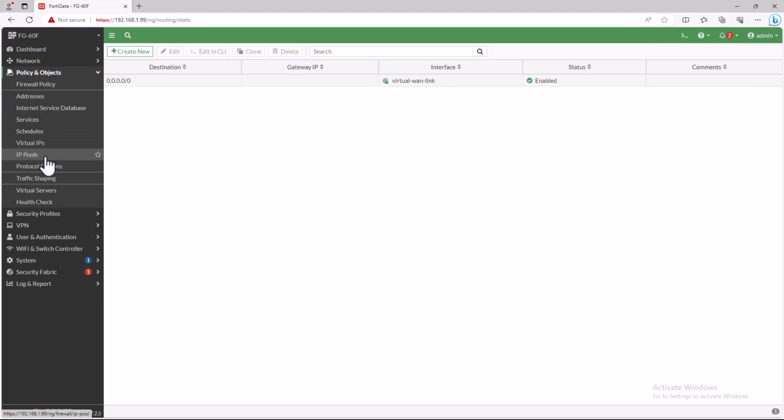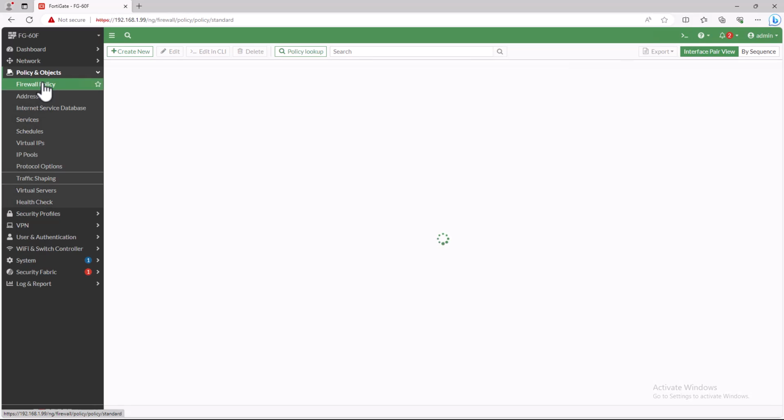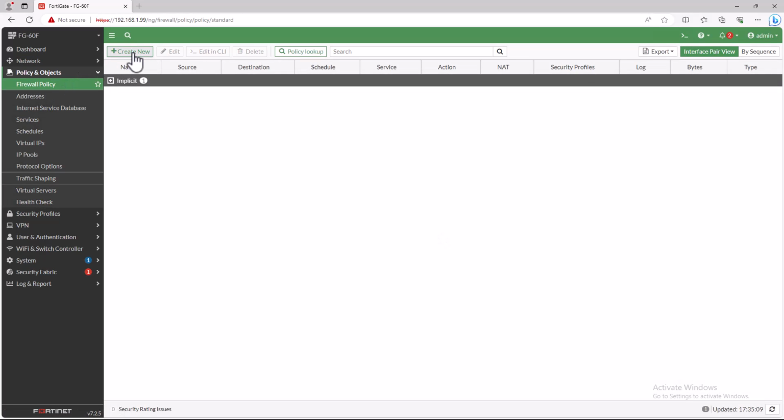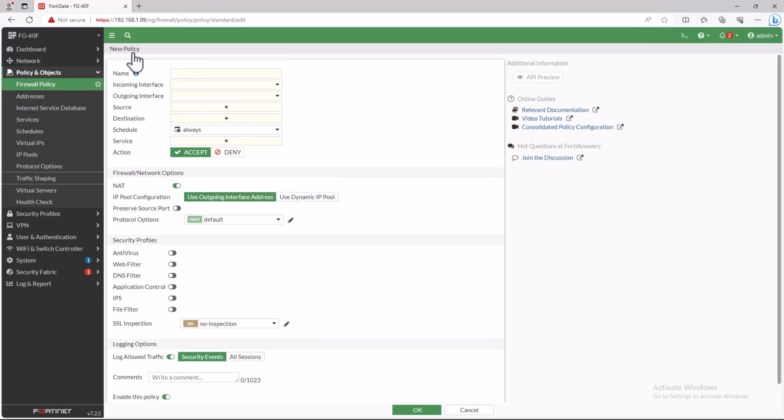Finally, let's create the firewall policy. A firewall policy on a FortiGate firewall is a set of rules that specify how network traffic should be handled as it enters, exits, or traverses the firewall. These policies serve as the foundation of network security and control, as they determine what is allowed